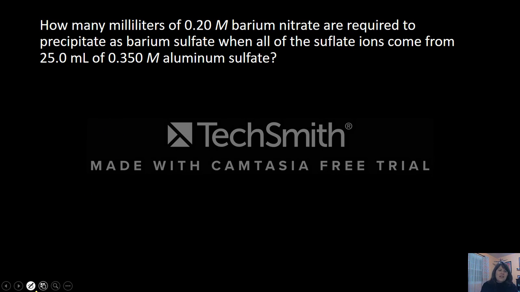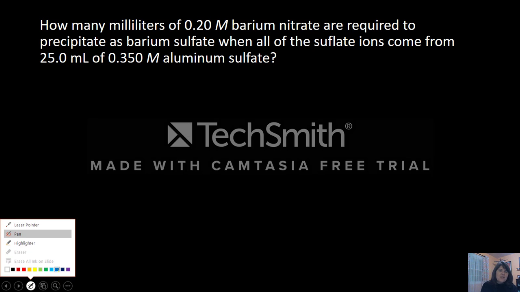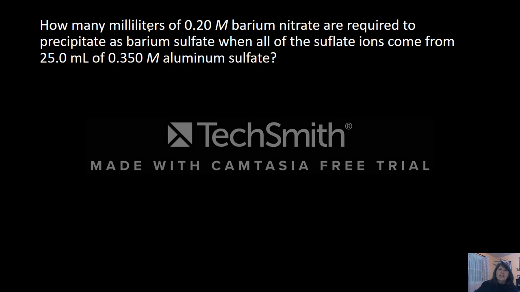This one was the question that I said we'll come at from a little bit of a different angle. So the first thing I need you to do is try to write a balanced chemical equation. So in this case, we have barium nitrate plus, let's see, what else do we have? Barium, no, that's silly. Aluminum. I started to write barium by the way it's written, which is